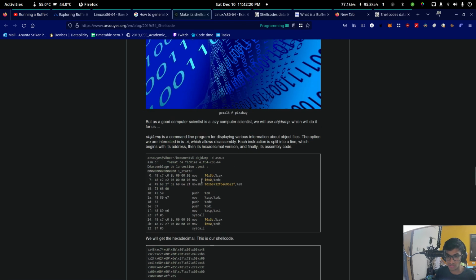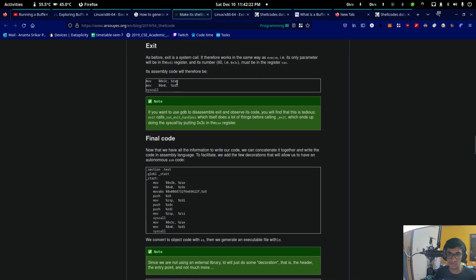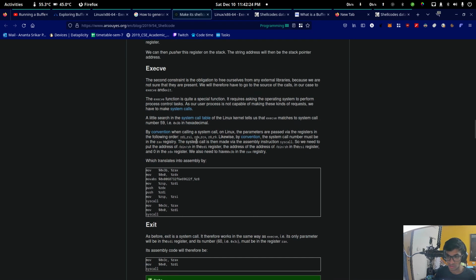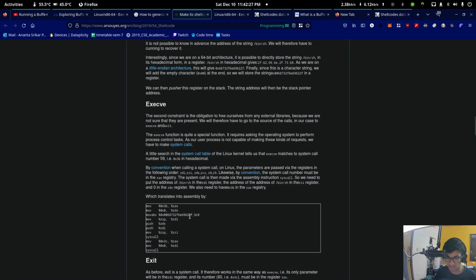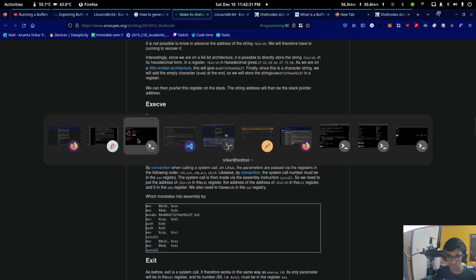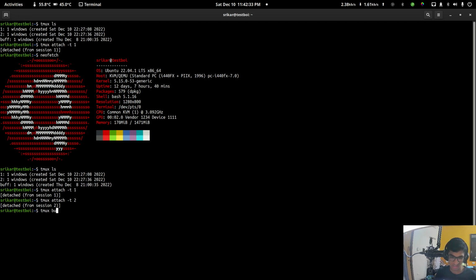Here we can clearly see it's a very well written document. Here they're launching /bin/sh, which they converted to hex. So instead of calling /bin/bash,